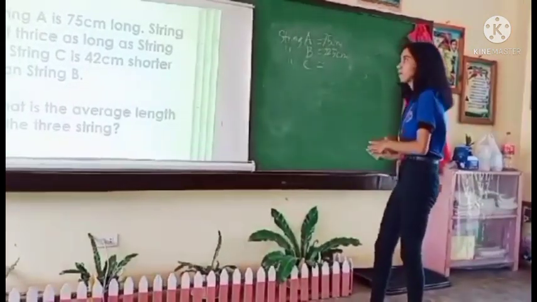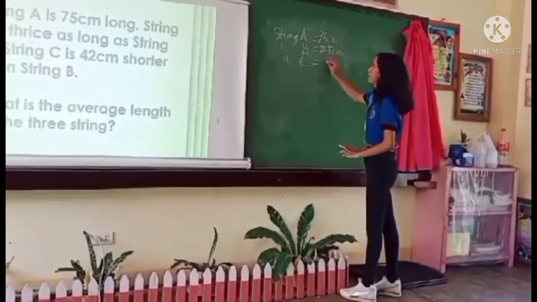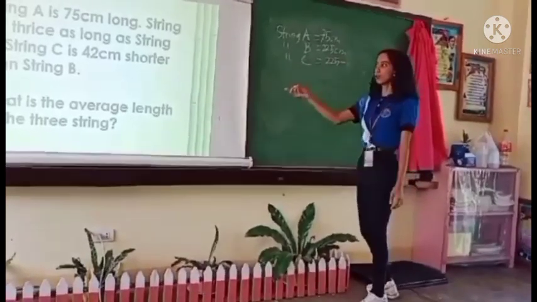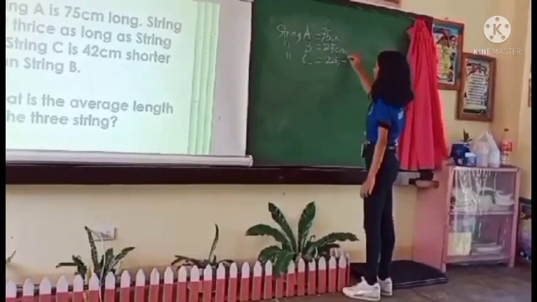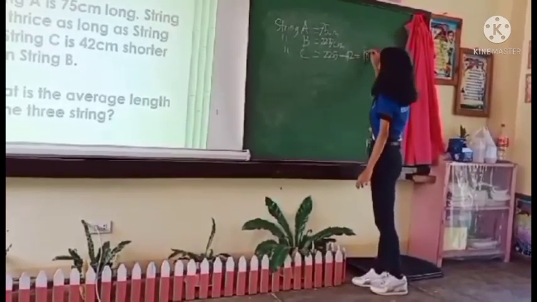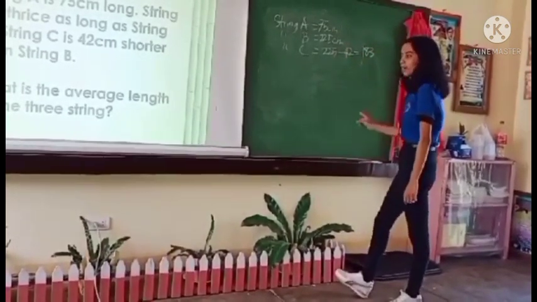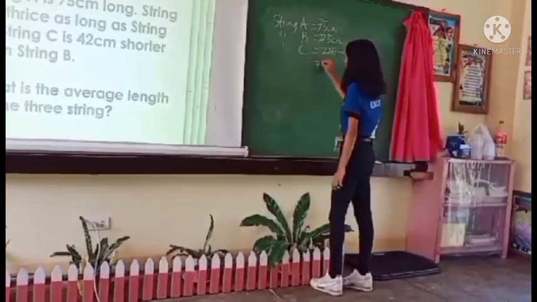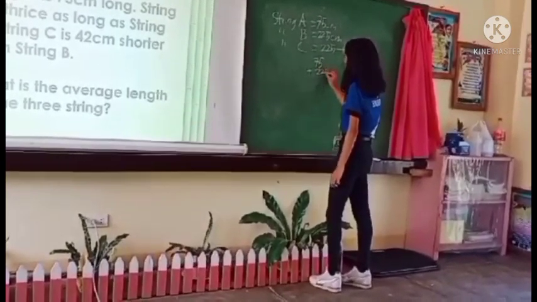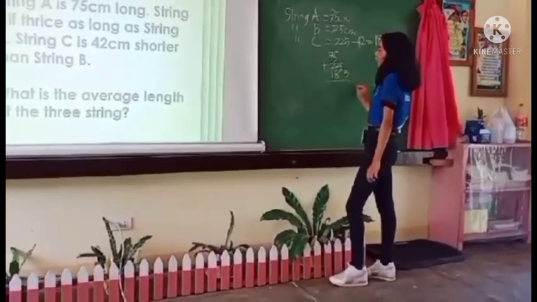So, ibig sabihin, magiging, ano ba? 225 minus mo sa 42 kasi 42 lang yung string C, 183. So now, we need to add the following to get the answer. 75 plus 225 plus 183 is equals to